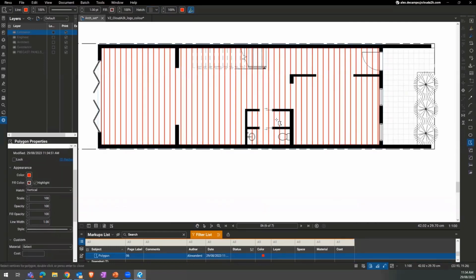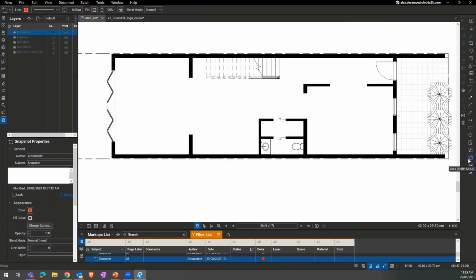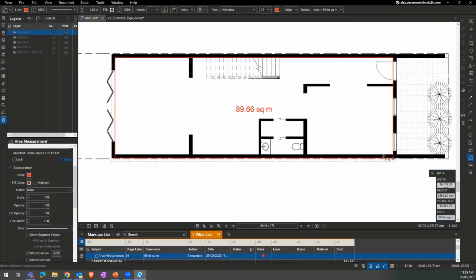I don't want that same pattern in the bathroom, but I can't just go through and get rid of it. I could maybe draw over it, but it gets a bit messy. What we can do instead, a little tip, is to use areas pretty much for everything. So if I grab an area and I drag it over the same sort of zone and add a pattern to it,